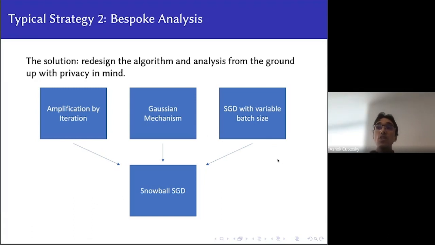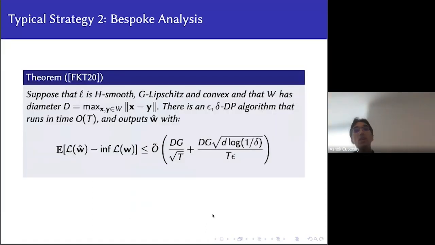One of them is SGD. You have some very intricate analysis of SGD with variable batch size to say something about the last iterate convergence. And the other one is this privacy amplification mechanism called amplification by iteration. And if you put all these three ingredients in a pot and stir them and cook them very, very carefully, you can design this algorithm that was originally called Snowball SGD. And you'll be able to prove the following result, which is that if you assume that the losses are smooth,